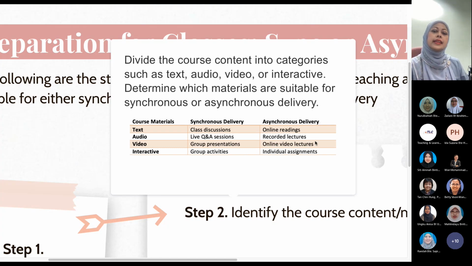And of course, for the async delivery, you might be thinking, what kind of videos should I give to the students? It's going to be a maths problem, so it's going to be just practice. Electronics analysis problem, so they're going to practice all these V equals IR and many more. And of course, with the